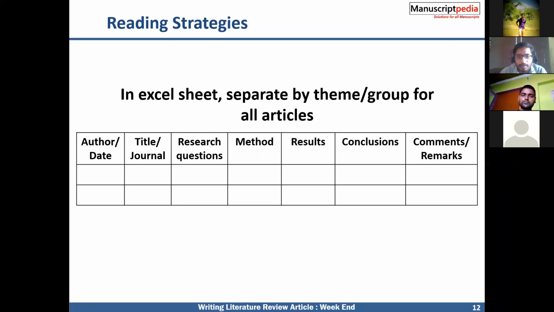Currently, I'm pursuing a PhD in banking and finance. As you mentioned, I have covered 60 research papers, and I have written down the review of literature also. So my question is, how many books are to be referred to? I mean to say reference books and textbooks. How many books to refer, and how many articles to be reviewed as a part of the review of literature? Could you please guide me on this?